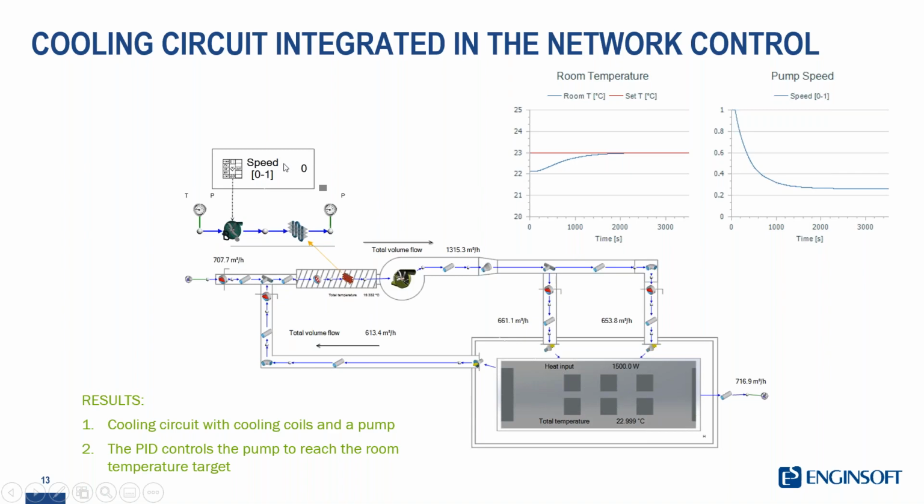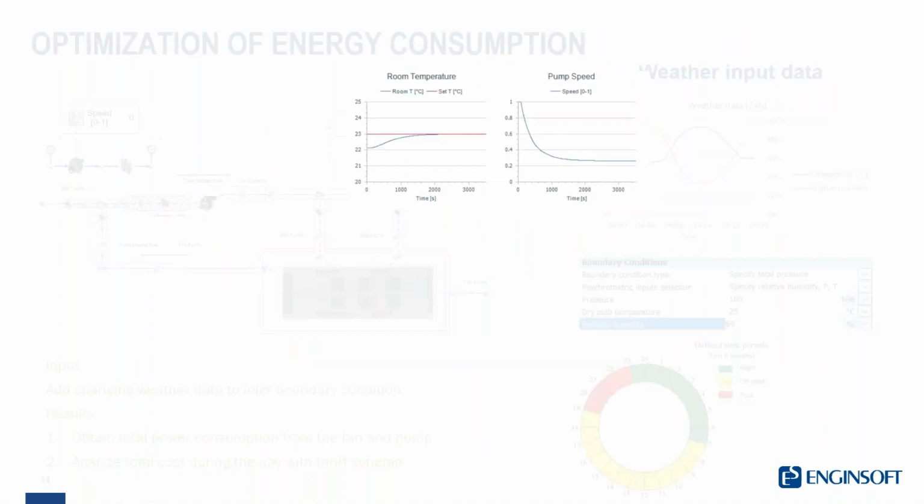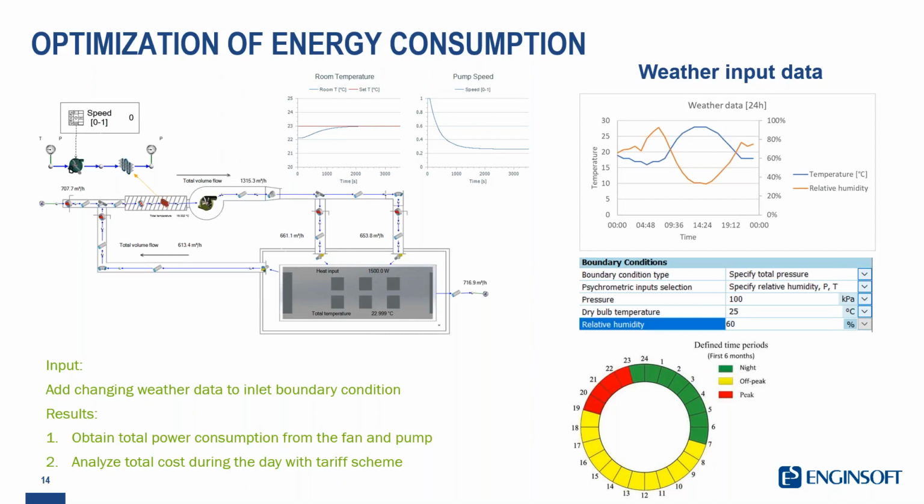So here you have the regulation. You can also introduce regulation with PID, and you can have a control loop to regulate this kind of system. Then you can go a step further on the energy consumption. You can also characterize the boundary condition in a very special way. For example, with a transient analysis, you can change the weather input data, so the temperature and the relative humidity, and try to simulate an entire day or more days